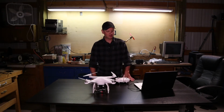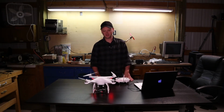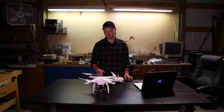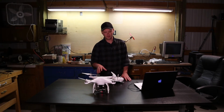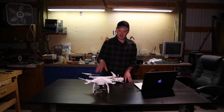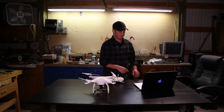Now, there's some issues with the fail-safe. If the Phantom loses connection with your radio, or the battery becomes too low to fly, the Phantom will go into fail-safe mode, and that's a good thing, except that the Phantom doesn't have any way of knowing if there's anything in front of it or not. So if we take a look at this video,